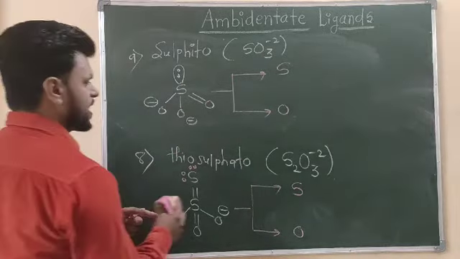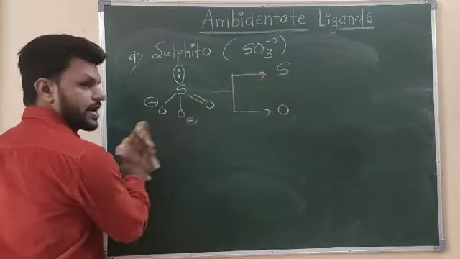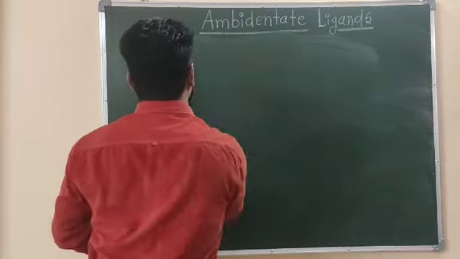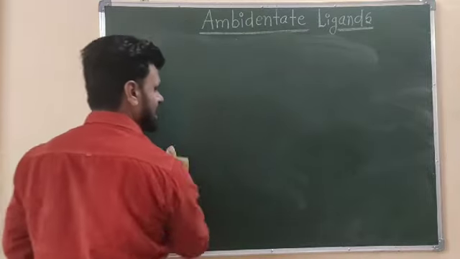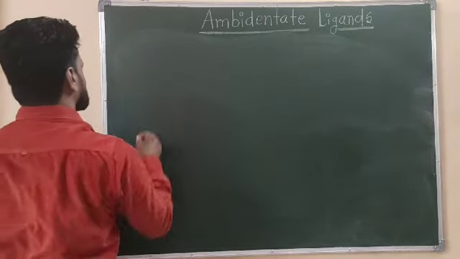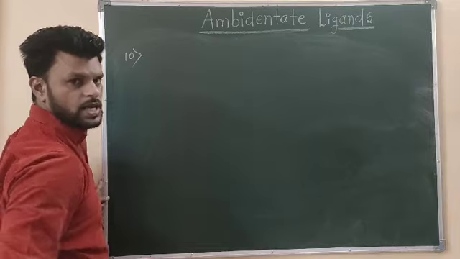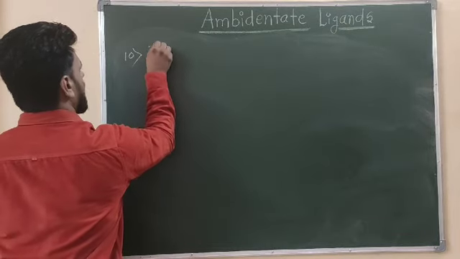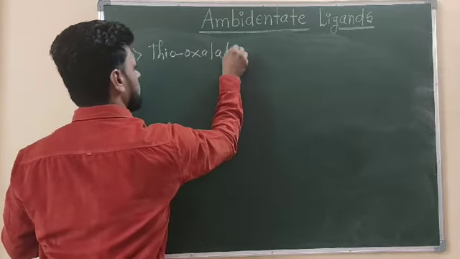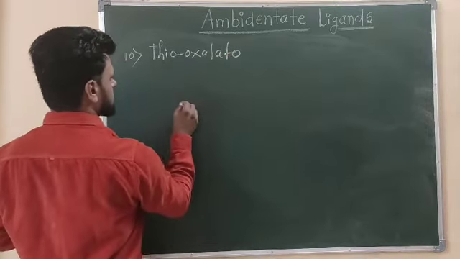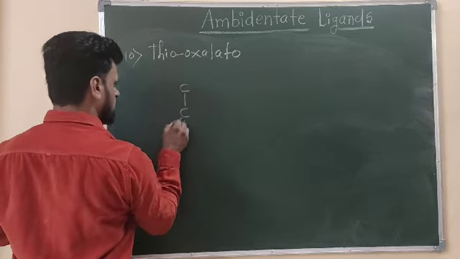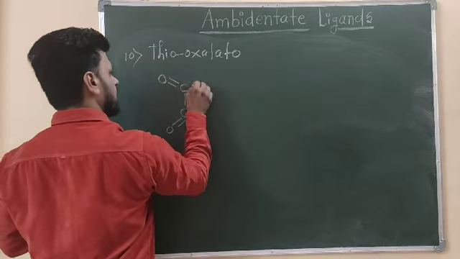So far we have discussed ligands in which the molecule binds through sulfur or oxygen. Now the next examples I am giving are ones in which various kinds of bonding are possible. It's called thiooxalato, a kind of ligand. This example is very important, in which various kinds of bonding can occur via